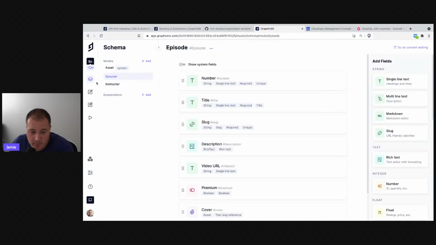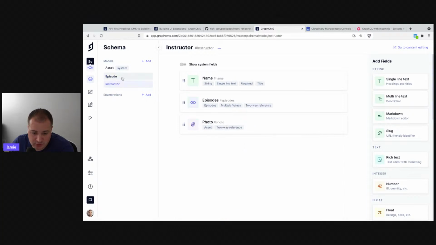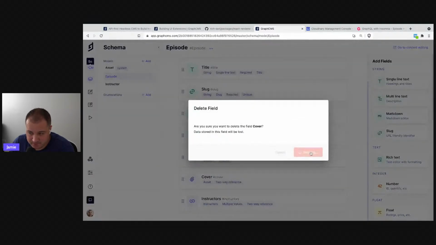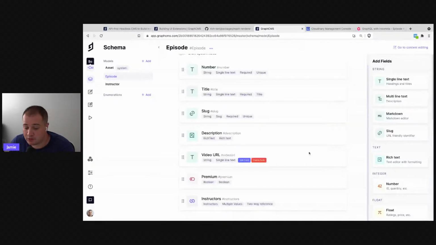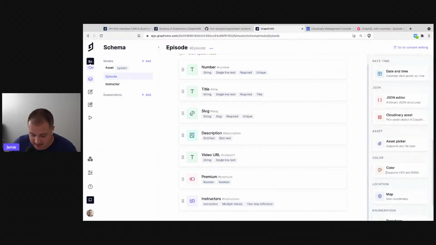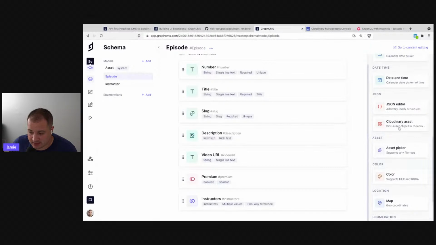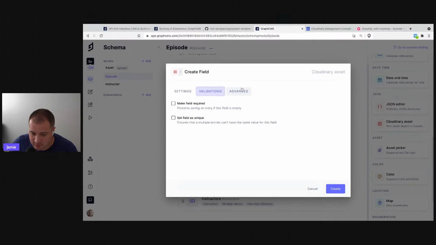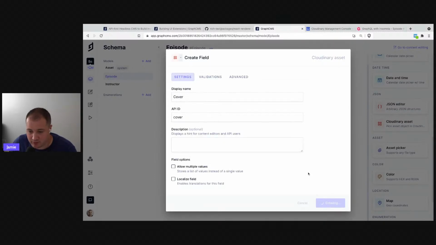So now if we go back to the schema and we go to the episode, and where we had the cover image, let's just delete that cover, right? Let's delete it, because we no longer want to use the embedded asset model that GraphCMS gives you. If we scroll down and on the right hand side here, we click the Cloudinary asset, and that's available under the JSON scalar type. If we click that, and we now say cover image here, and we've got all of the same options as we had before, but now if I create that,